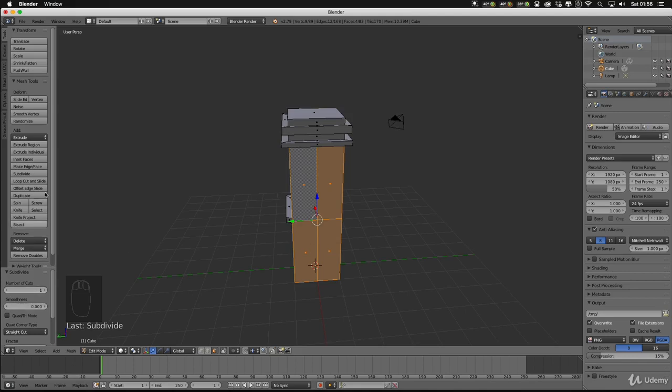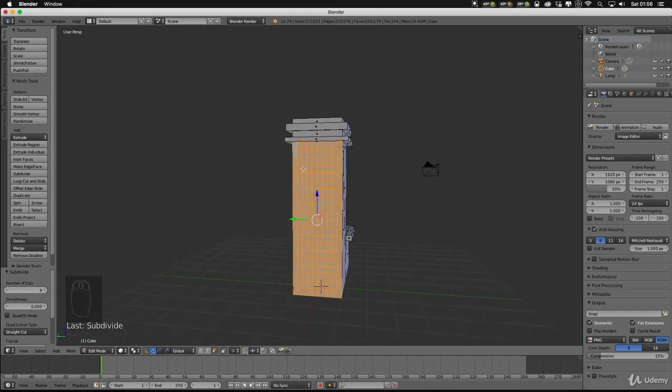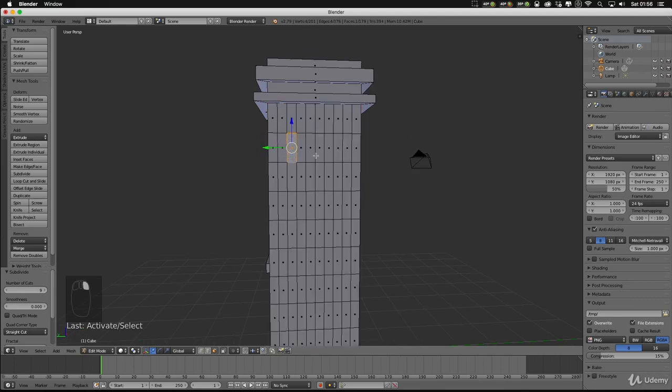So if we come over to our tools on the left hand side, you can see it's got this little subdivide option here, and it's got number of cuts. So this is the number of times it's going to subdivide it. Currently it's doing it once on both axes. So if we up those, you can see that it's creating more subdivisions. I'm going to leave mine at 9. You can do however many you want or however little you want.